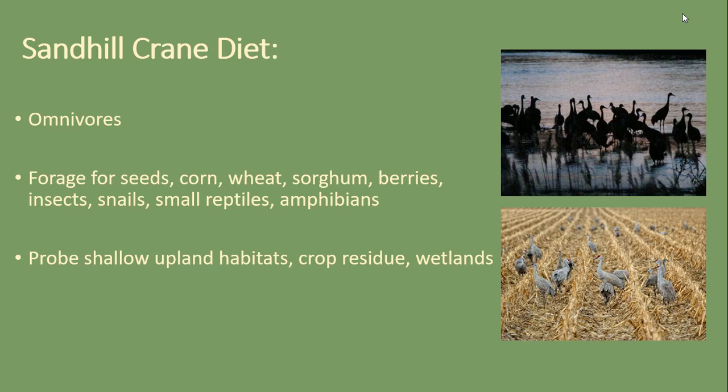The sandhill crane is omnivorous, which means that they'll eat pretty much anything. In Indiana, they really like when they stop over here in the fall, right after harvest, or on their return in the spring, they can find what we call crop residue, which is basically just your leftover seeds or corn, soybeans, things of that nature that have not been harvested or weren't harvested because of just the loss of that little bit of crop as it happens.